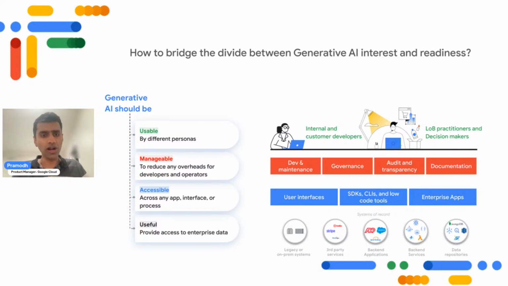So these are the four primary pillars: access to data, making it available in the app or the channel in which you are working, making sure that it's not adding additional overhead, and finally, truly democratizing it. It's available to every person, be it a developer or a business user, to get your job done.